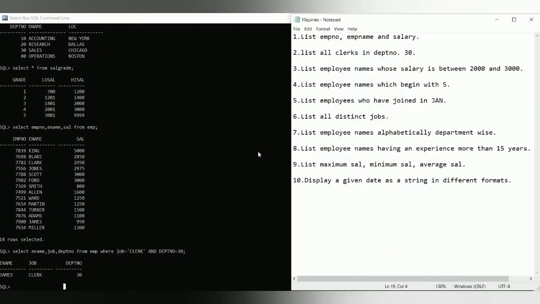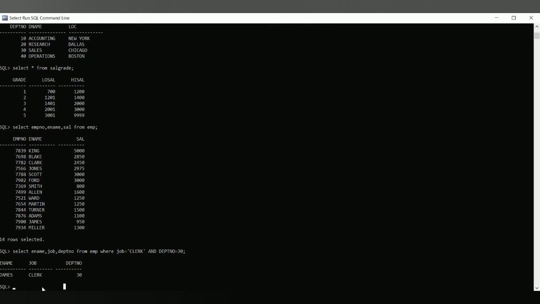Next we have to see the next query. List the employee names whose salary is between 2000 and 3000. Now what is the query?